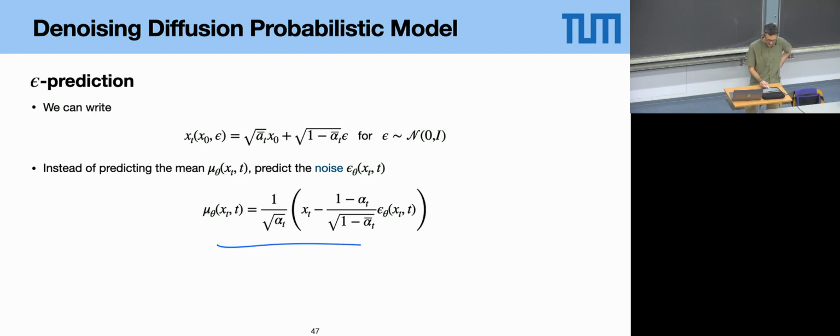We can have a 1 over alpha term here, and then we're subtracting the noise from the current xt value, because if you look up here, this is xt, it basically has a certain mean component plus the noise. So if, from this xt value, we subtract the noise part, we're left with the mean. So this is equivalent to the previous